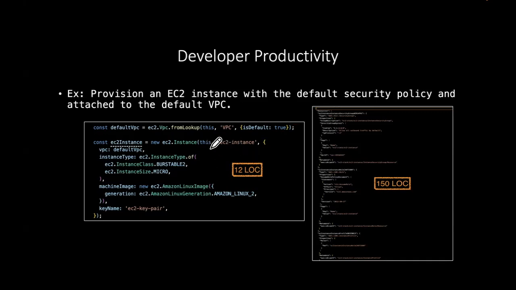Just one simple example here. It's a simple stack for creating a single EC2 instance. It's roughly 12 lines of code. When that gets converted into a CloudFormation template, it results in about 150 lines of code. So this is what we would have had to write if we didn't have the CDK framework available to us.